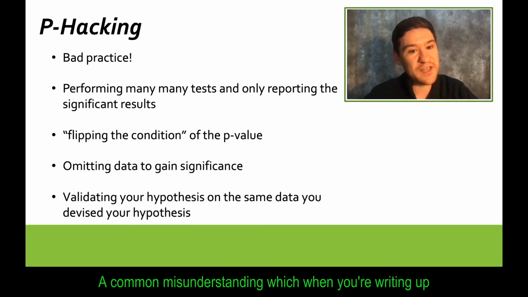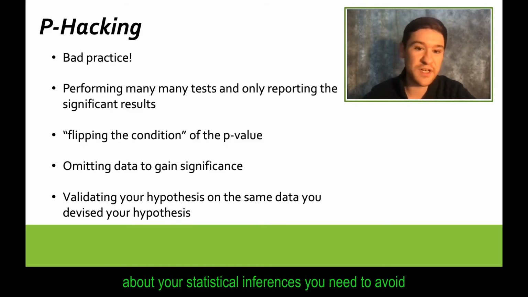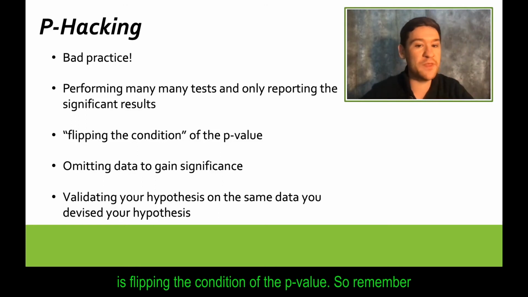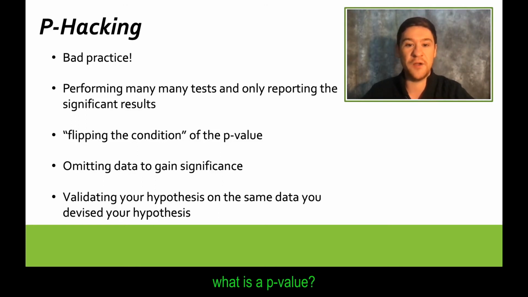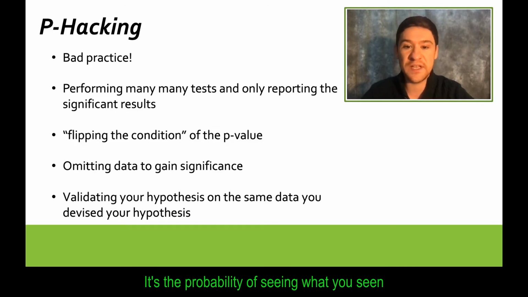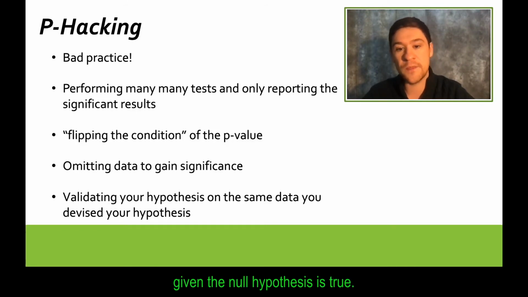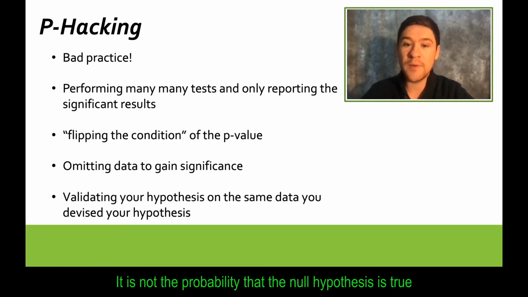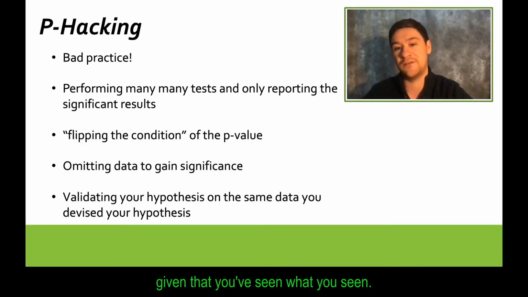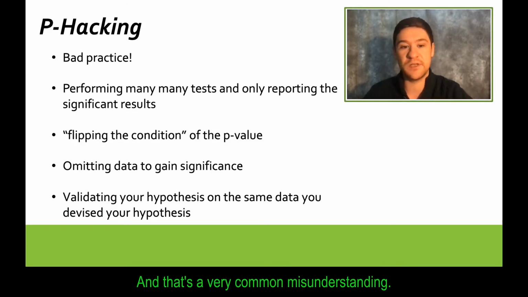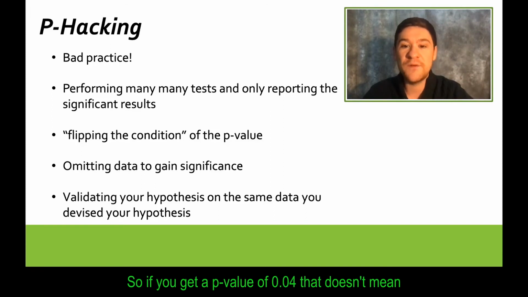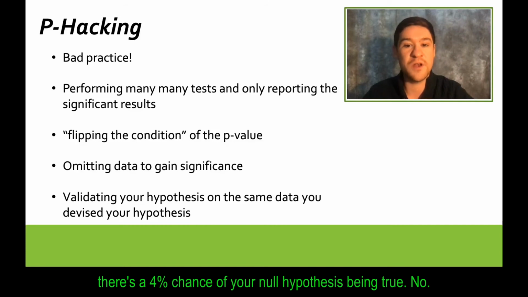A common misunderstanding, which when you're writing up your statistical inferences you need to avoid, is flipping the condition of the p-value. So remember, what is a p-value? It's the probability of seeing what you've seen given that the null hypothesis is true. It is not the probability that the null hypothesis is true given that you've seen what you've seen. And that's a very common misunderstanding. So if you get a p-value of 0.04, that doesn't mean there's a 4% chance of your null hypothesis being